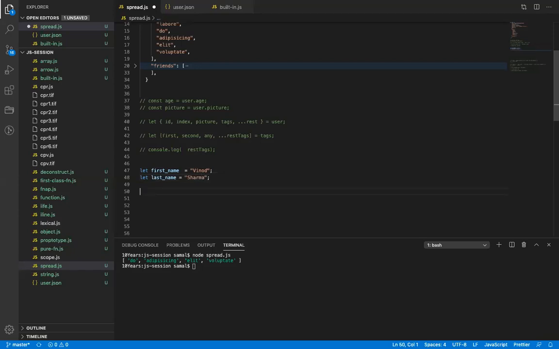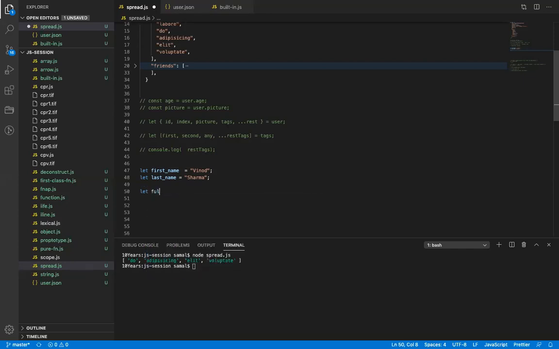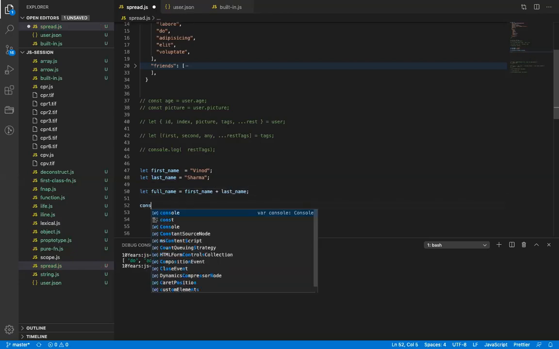Now in JavaScript ES5, to add these two values, what did we have to do? Let fullName. We had to do firstName plus, because to concatenate the values we had to use plus, and then lastName.